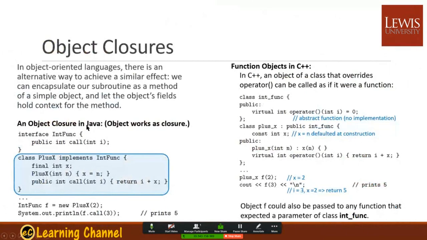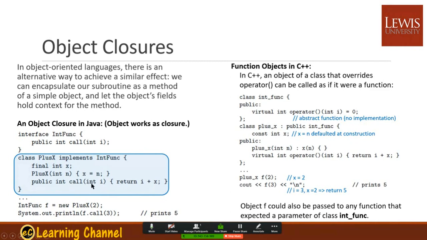So the same closure, we can write it in Java format. If we use this interface in function, an interface in function has a method call, and the method call is implemented here. So similar to the lambda expression in Scheme, we have a plus 2. Plus 2 is actually where we put the 2 into this here. So n is set to x, so the x inside here is actually 2. That is the same setting of 2 for the